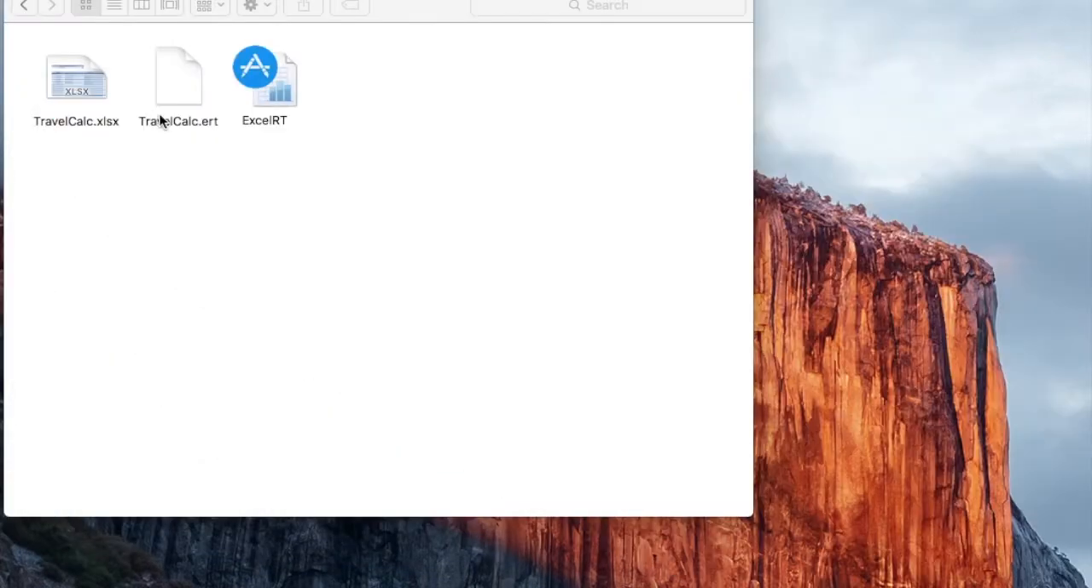So let's take a look at when we take this file that was authored in Microsoft Excel, we run it through the conversion process, we produce the platform neutral ExcelRT file, and let's take a look at what that looks like when we open it into